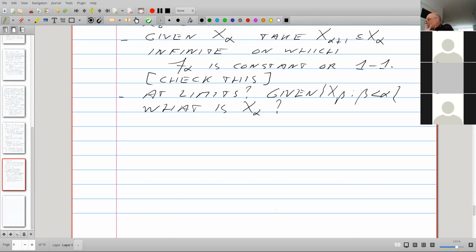Well, here is something that is happening lots of times in the infinite combinatorics of the natural numbers. Let's see, where are we? Here we use that alpha is countable.